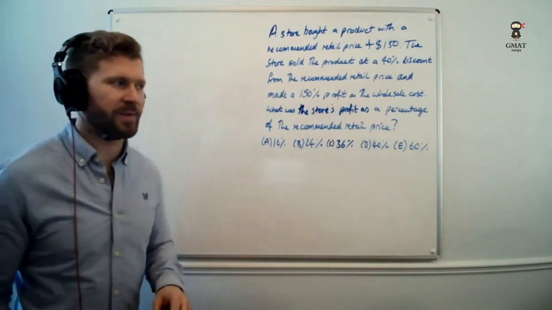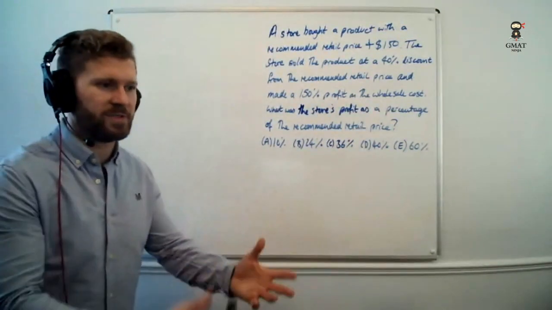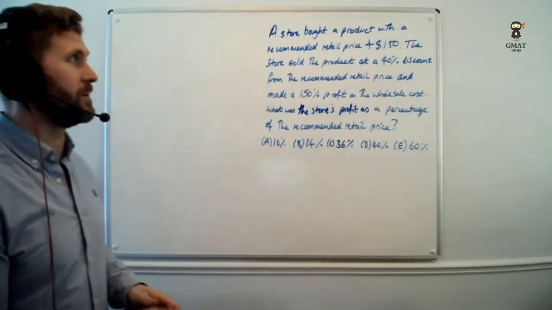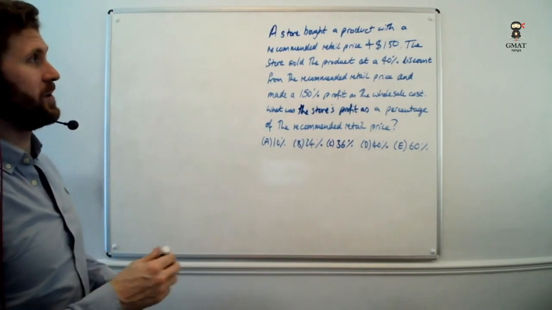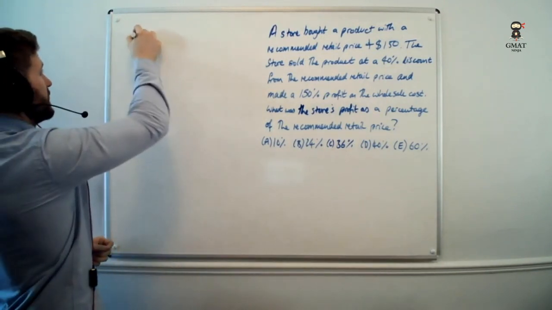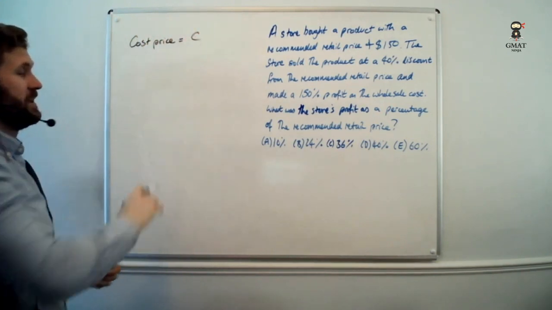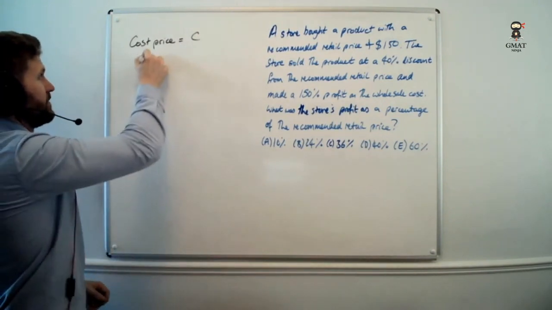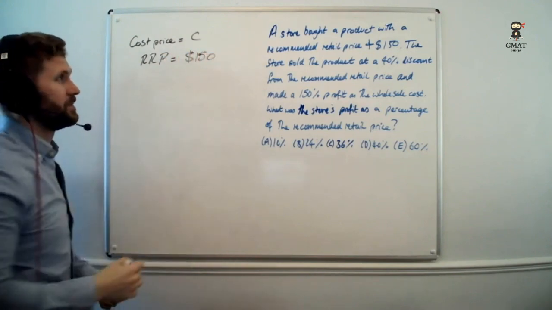So I'm going to be very careful with how I define things and the way we build this question up, so that you can see the simplicity in the question and the places where you might go wrong. So to begin with, I'm just going to work through the text here. A store bought a product. Okay, so the cost price to the store, I'm not given a value for that. I don't know what it is. I'll just call it C to begin with. We know that it has some recommended retail price of $150,